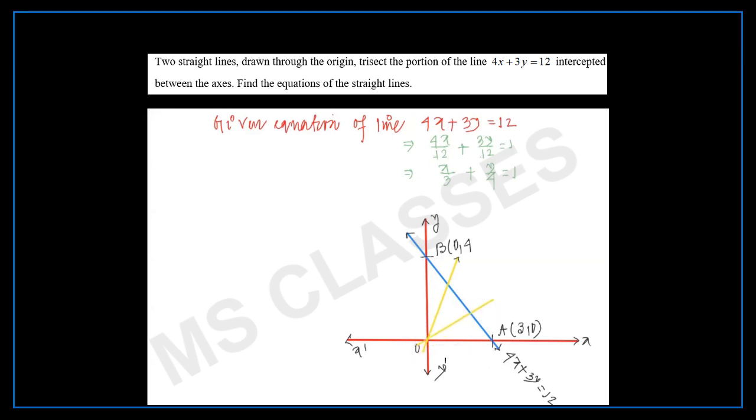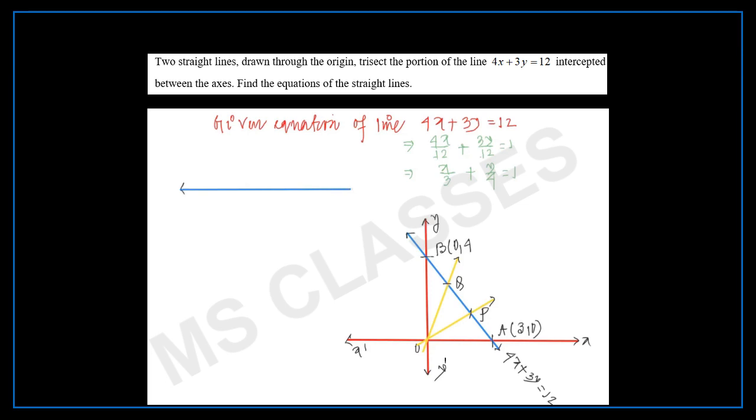These are the lines we consider here. So we consider here the point P, here the point Q. Now trisecting means AP equals PQ equals QB. Very simple concept: this length equals this length equals this. So basically we can find this point, and we can find this point also. How? Let us understand by taking this in a simple diagram.